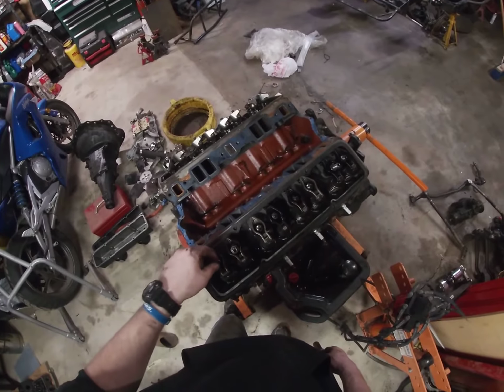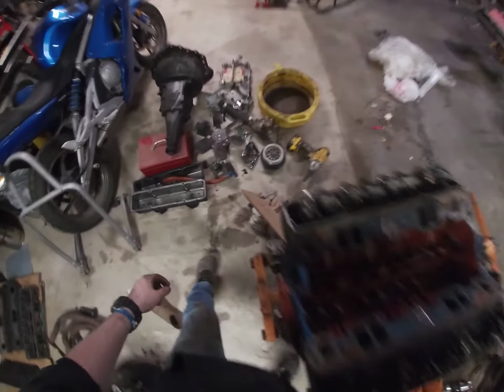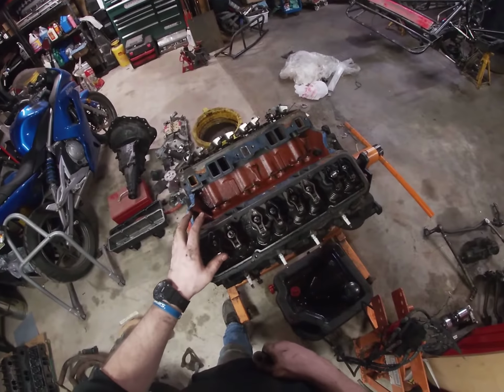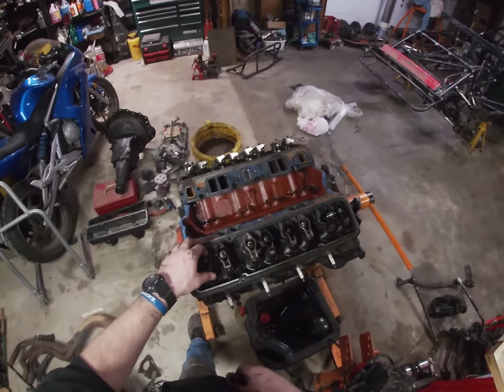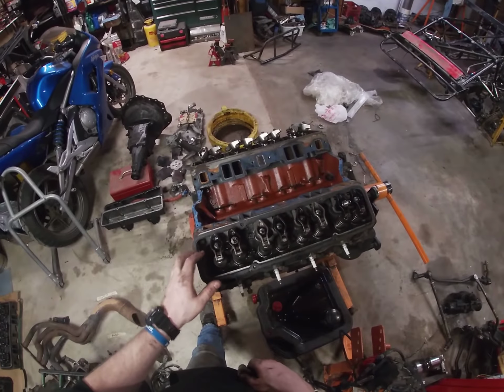Now, the reason I had to go with those on most of them is because the studs were too long on a lot of these. So I couldn't use the poly locks. And on these poly locks, essentially what it is they're made so you can adjust them really quick. Whereas these, they're a little harder to adjust. They kind of just lock themselves into position. Both will back off. I feel like the lock nuts hold on a little longer before you have to reset